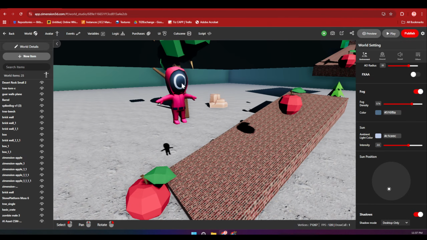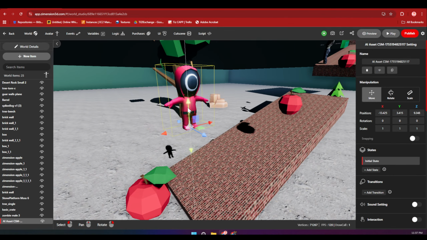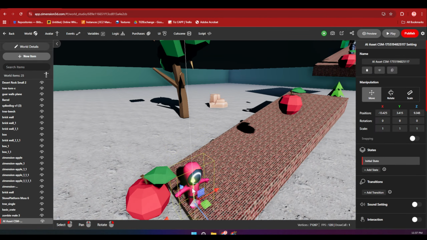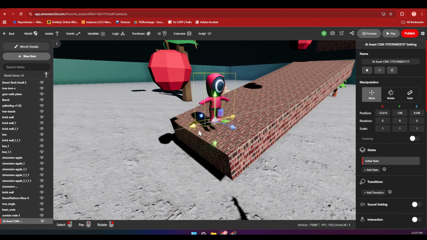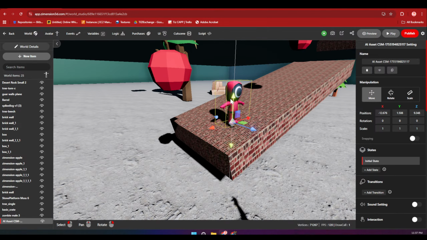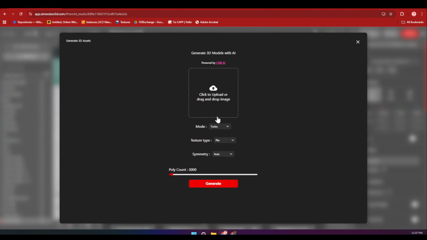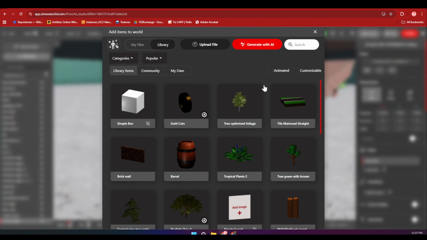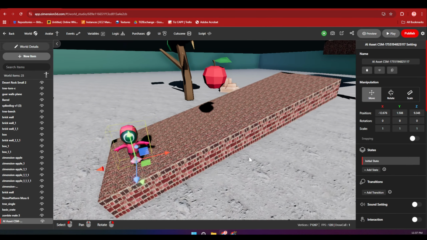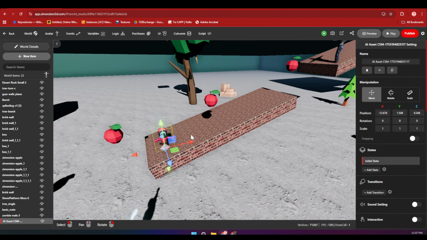This is the character that we have just generated. So this is the power of AI. You can literally conceptualize through AI and have individual images of assets and use it here in generate with AI, and boom, you're sorted. You will be able to have all your assets generated by AI, and you can add them into your own game.